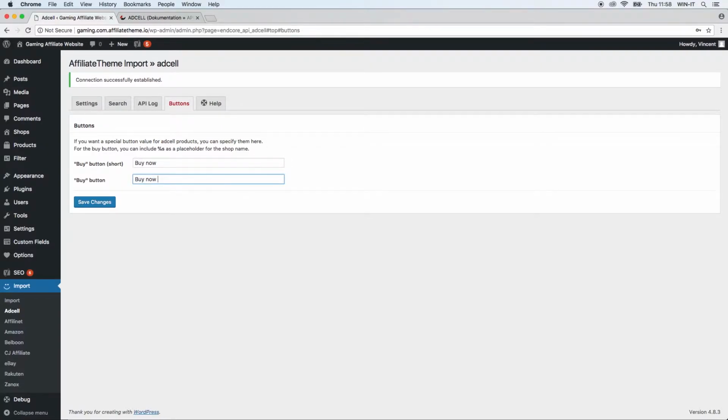You can also add %s, which is an abbreviation for shop. This %s means that the name of the shop that you imported the product from will be displayed.